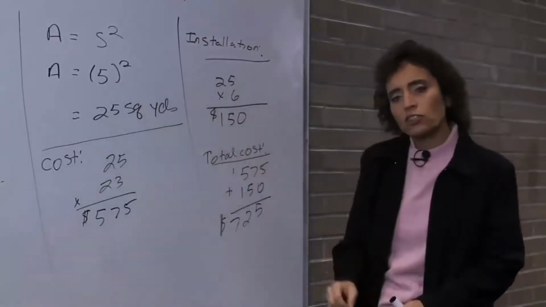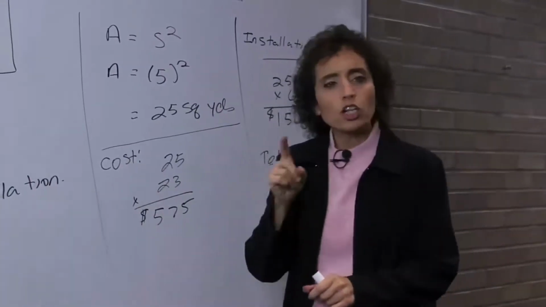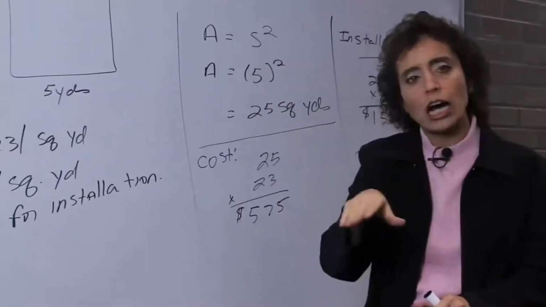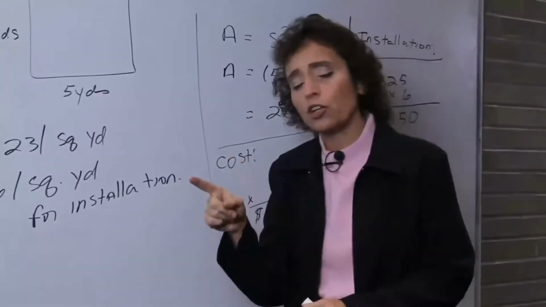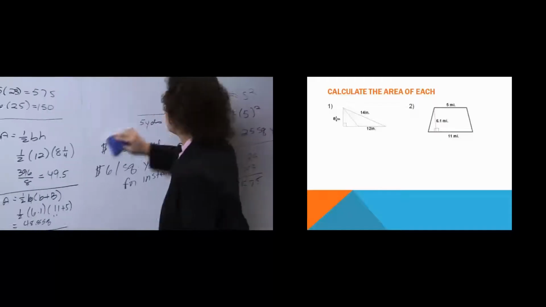All right, let's look at some other problems for area. There are some things that we haven't really done yet. We haven't taken a closer look at that triangle where the height was drawn outside the triangle. And we haven't seen this other shape that you see in your workbook, which is called a trapezoid. So let's look at the two of those.